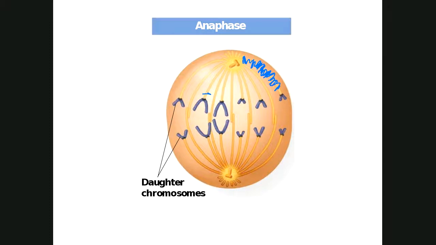Now remember, its copy on the other side has a microtubule that's pulling it, and they're attached by a cohesin protein, but nothing is pulling that chromosome up to the top. So where are those chromosomes going to go? The bottom cell is going to get both of them, and the upper cell is going to be missing one.